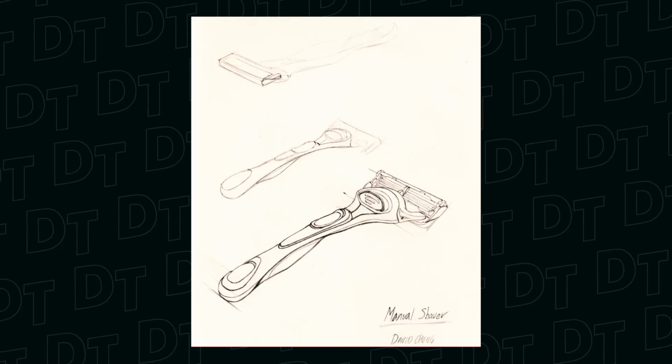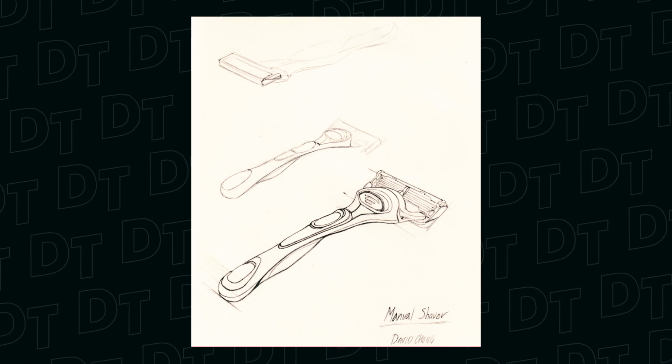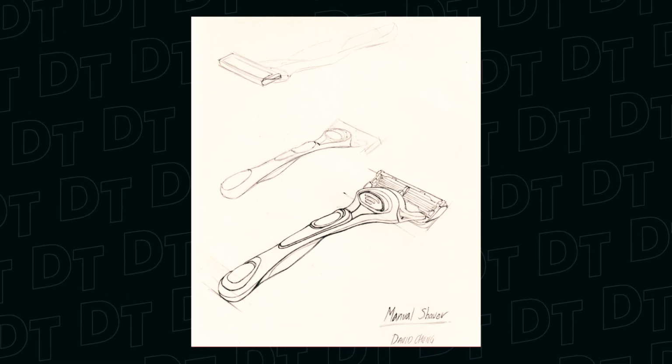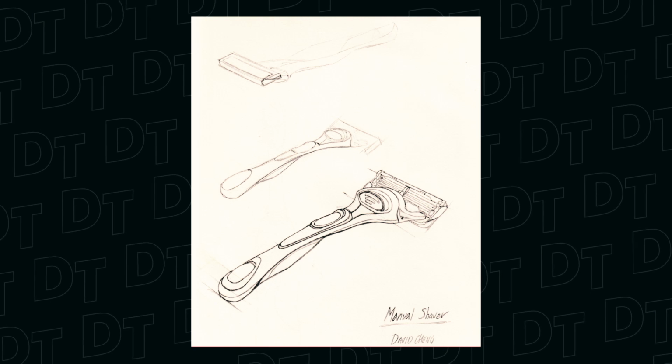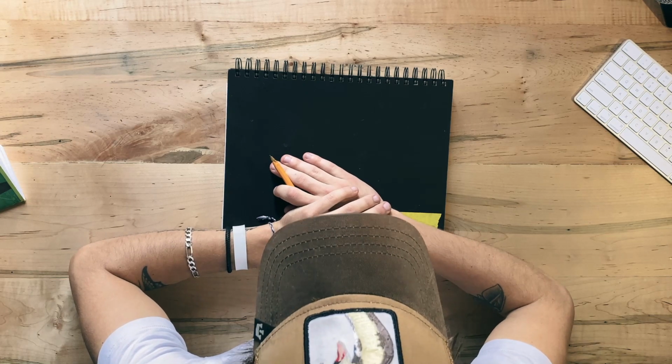David, right off the bat, dude, gnarly sketch. This is ridiculous. You've got really good line weight in this sketch, which is good to see. You have a good accuracy of your viewpoint. Nothing is too distorted or skewed in your perspective. You have a good amount of detail in here as well. Such a small object, you've managed to include a lot of the actual product's detail in it, which is really